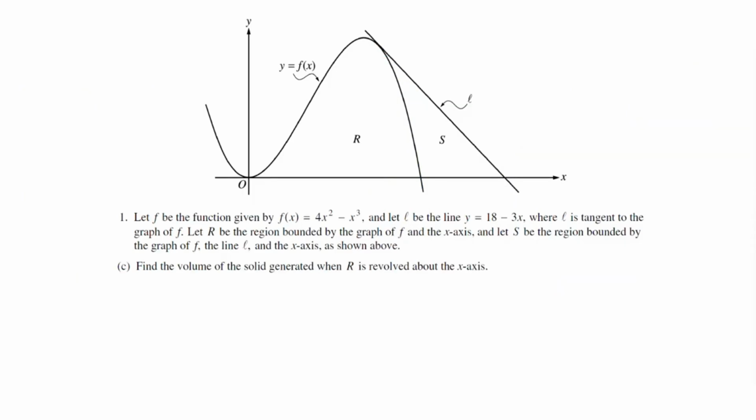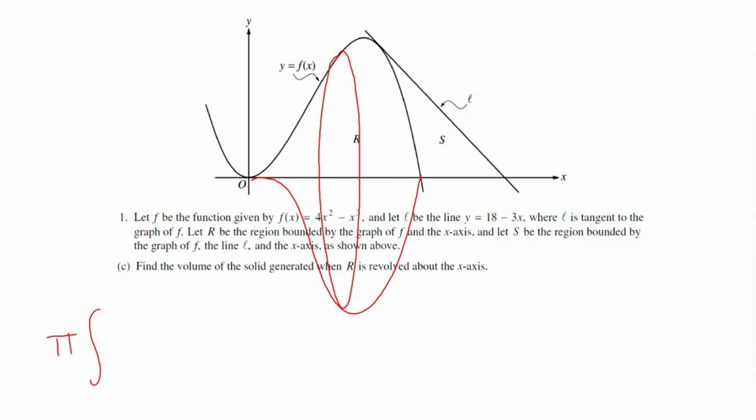Here in part C, we want to find the volume of the solid generated if we revolve R around the x-axis. Well, if we revolve R around the x-axis, right, we're just getting disk cross sections here because that region is fully pushed up against the x-axis, right? And so when we do disk cross sections, it's just pi times the integral across the region of the radius squared, which in this case, our radius is just the distance from the function down to the x-axis, right? So it's just f of x